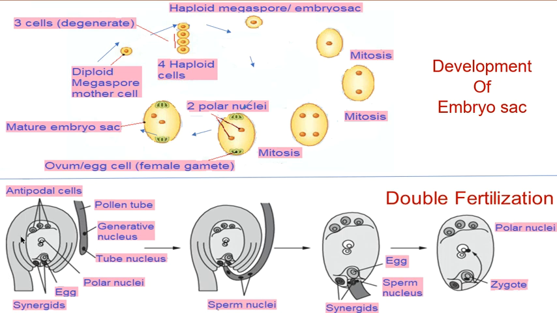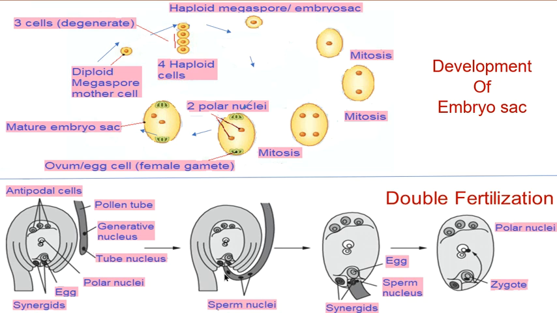This embryo sac is situated here in the female reproductive part. Fine. Here, these two synergid cells are situated here, and this egg cell is situated here. And polar nuclei are present in their own place. Now this is the pollen grain, and the pollen tube is being developed. You have seen there are two sperms. One is the generative nucleus and the other is the tube nucleus. Simple.